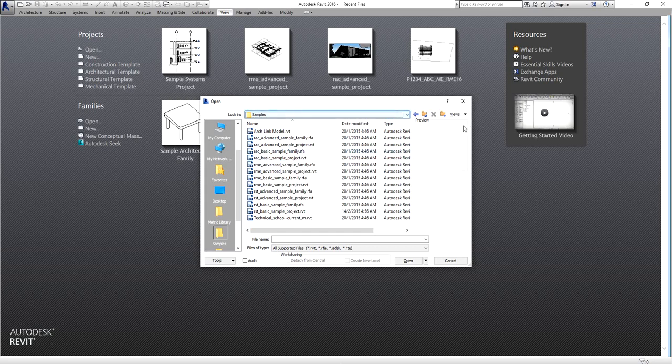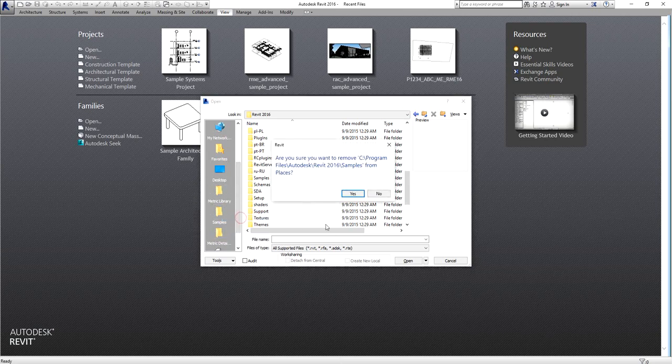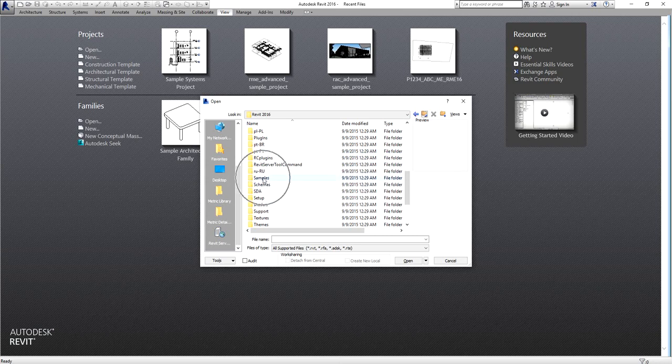Okay, so if you will be using this folder for most of your exercises, it's much better if you just create a shortcut here on the left side. So all you have to do is to drag this folder to the left side. But in my case, I already created the shortcut. So let's say I'm going to remove this folder. Okay, so I'm going to move now this folder to the left side. So it will now create here a shortcut folder, so that next time if you want to open the exercise, you just need to go to this